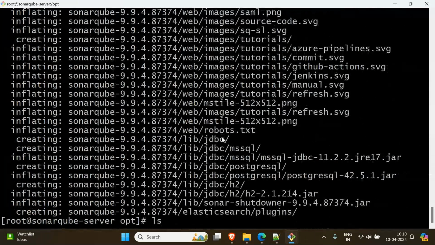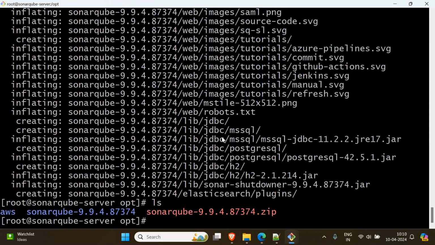Now the zip file is not required, so I will remove it. How to remove? rm is the command. Type s and tab, dot, tab. Now this is the zip file I have to remove. Enter. Oh, what I did,